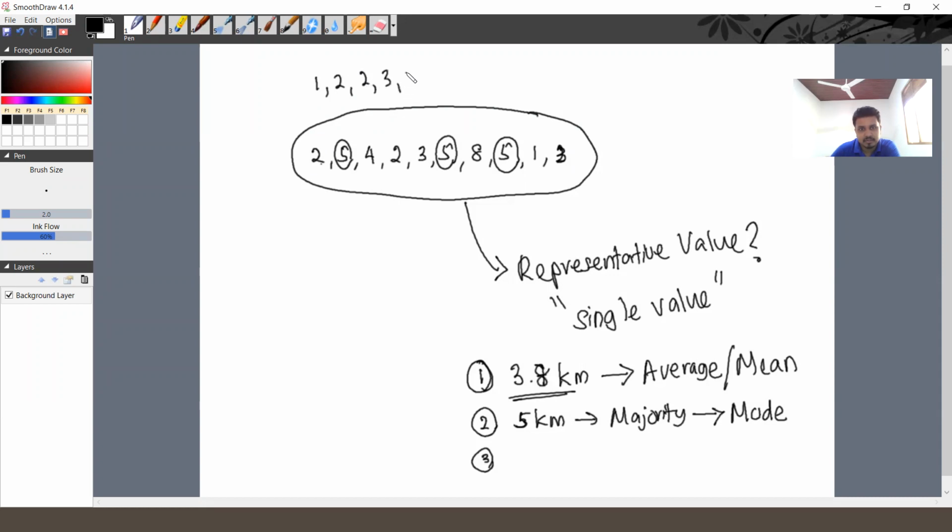Right, 2 3s, 4, 5 and 8. 1 2 3 4 5 6 7 8 9 10. Right, I can rearrange this data in ascending order, and then I can pick the value in the middle. Right,